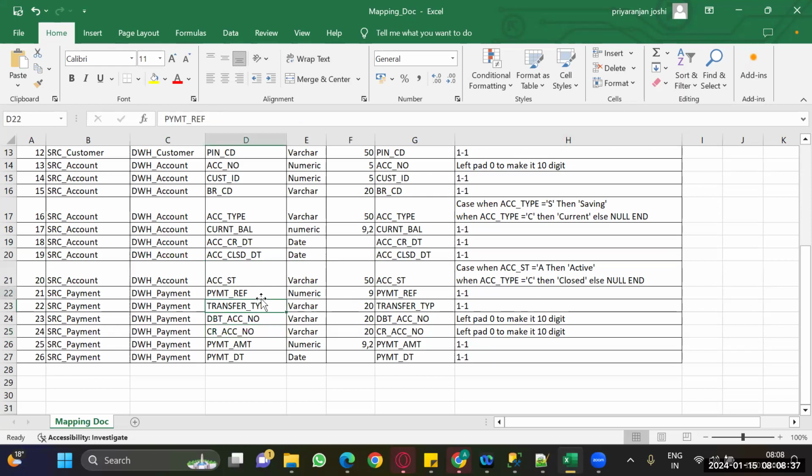So in the payment reference table, payment reference is my primary key, and it is a one-to-one mapping. Transport type is also a one-to-one mapping in both places. Debit account number, again I have put it here like this: if my account number in the source is 6 or 7 digits, I have made it uniform in the target, saying that it should be 10 digits. If it is 6 or 7 digits, on the left-hand side I'll be adding some zeros to make it